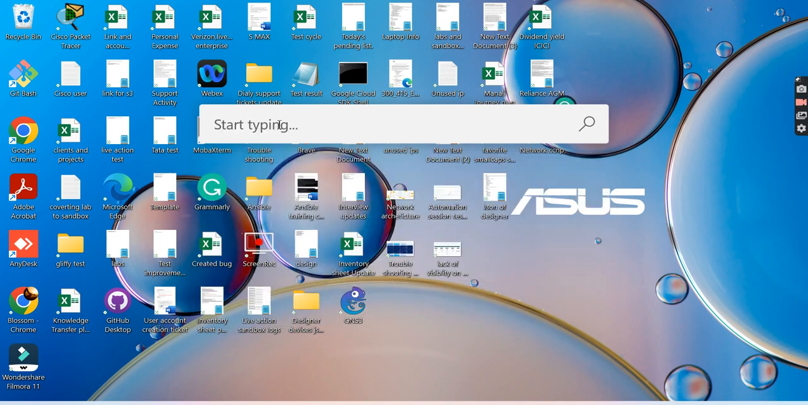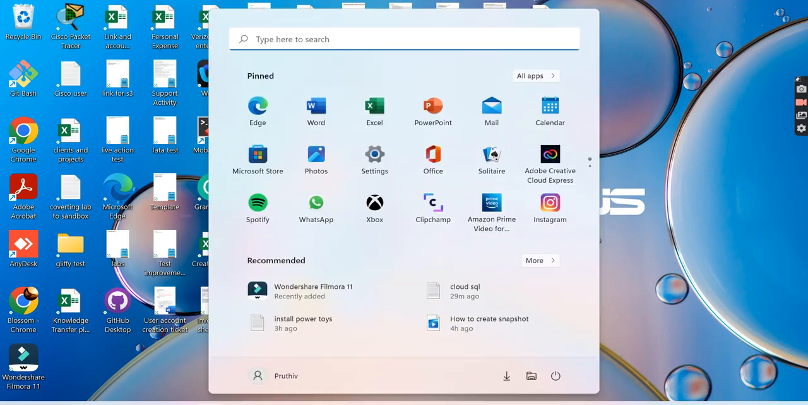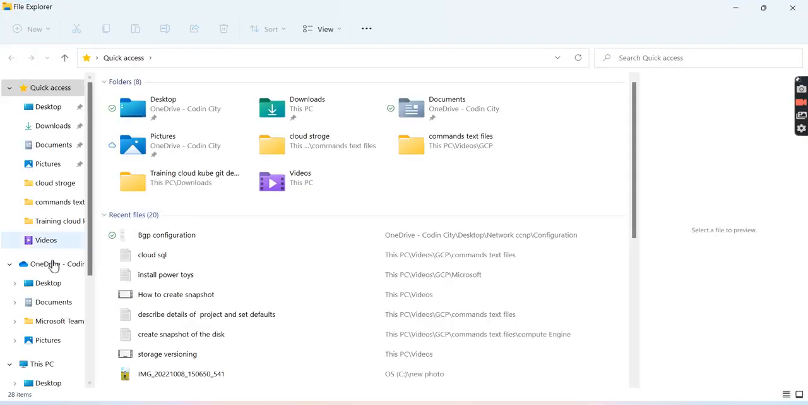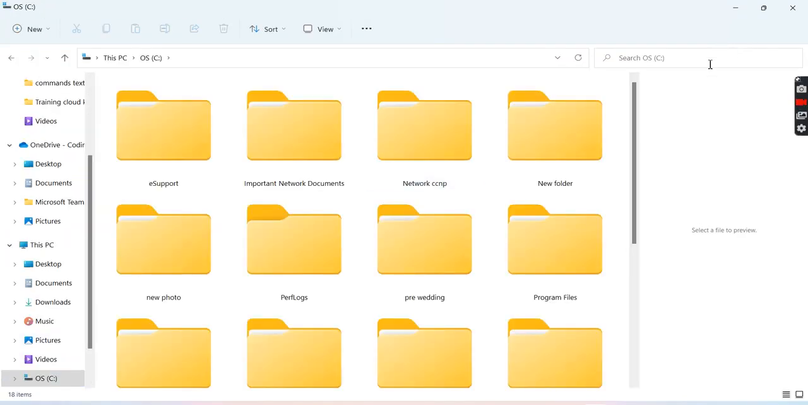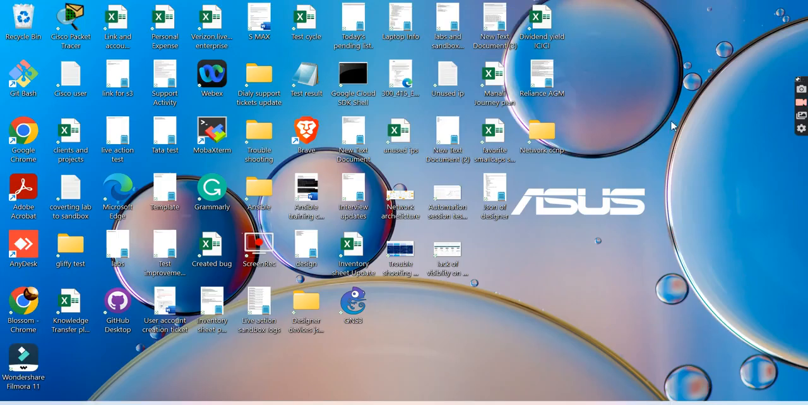So what is the difference actually? That's one of the things I want to show. Let's say you navigate to the local C drive, type BGP, and give a search. See how much time it's going to take to give the results. But when it comes to PowerToys Run,